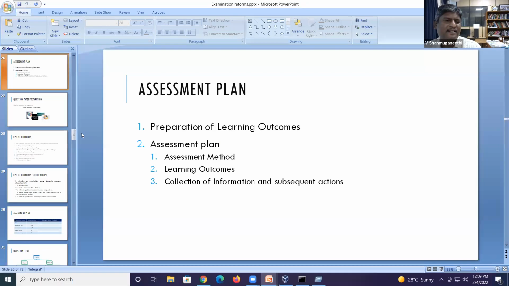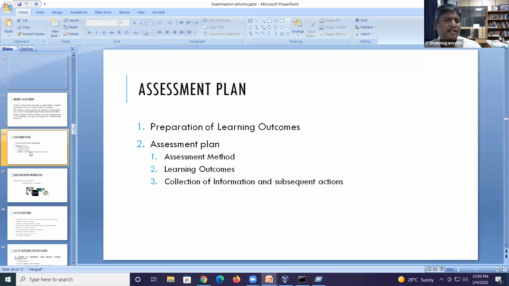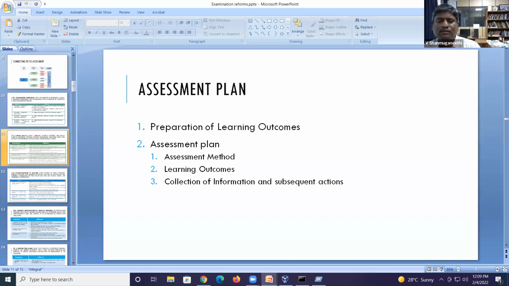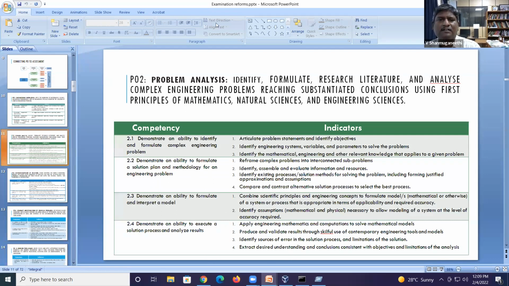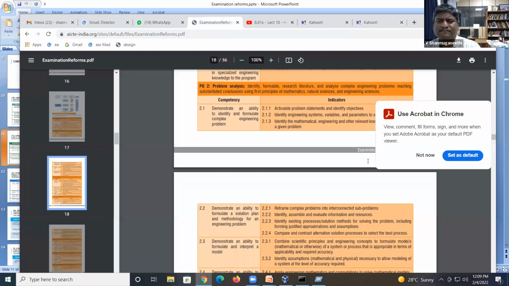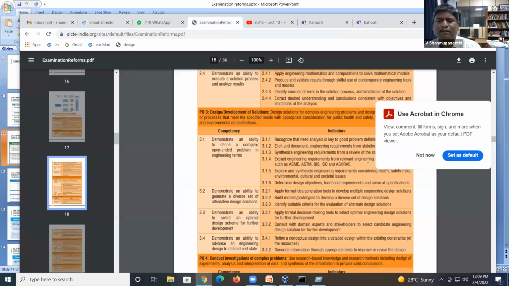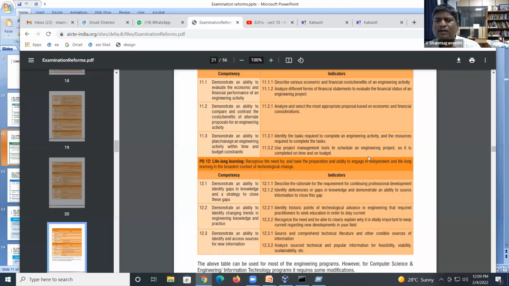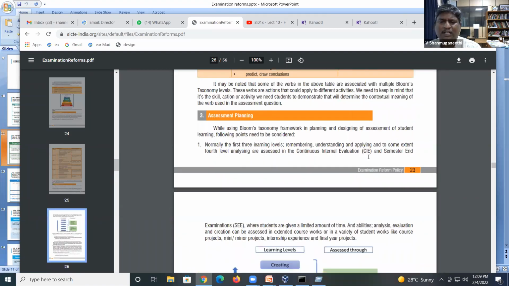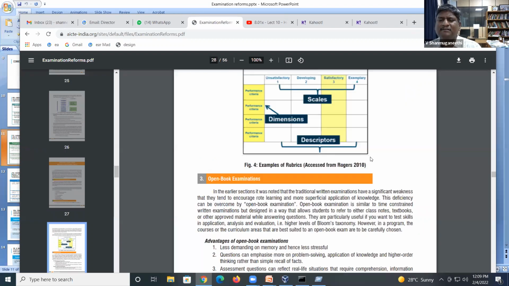And you can understand how the connectivity of a competency works with the performance indicators. If you go to the document, you will get the idea of how exactly they have explained it, and there are sample questions also. But don't go with a single dimension. You can go with the two-dimensional mapping, and you can see how exactly the examination will look.